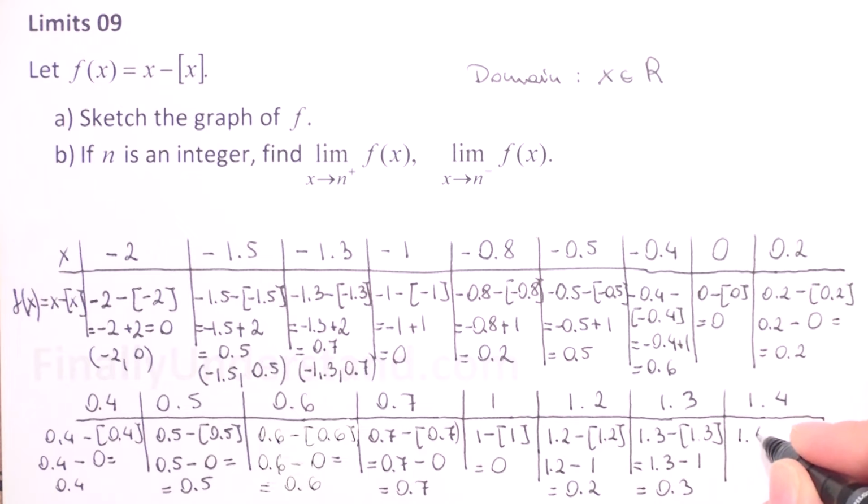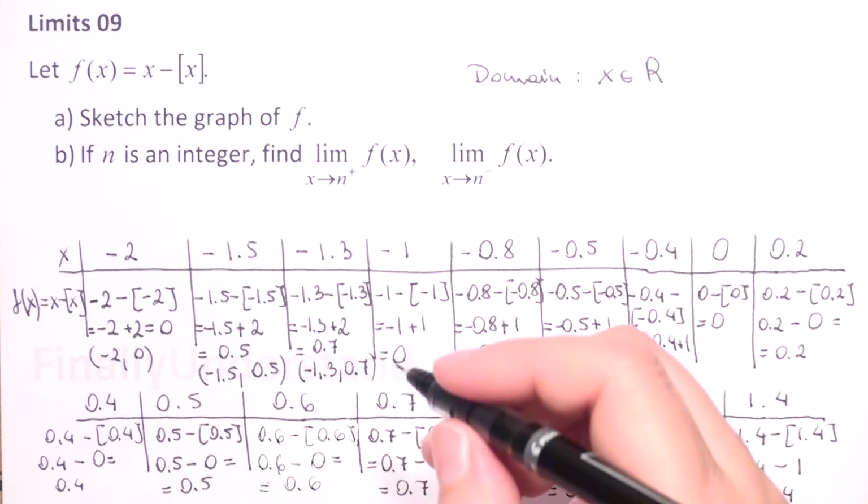Here will be 1.4 minus, in brackets 1.4. This is equal to 1.4 minus the largest integer that is less than or equal to 1.4. The largest will be 1. So this is equal to 0.4. So we have points